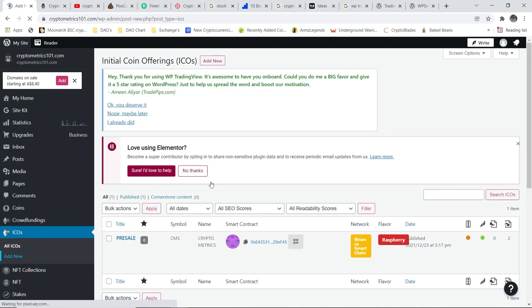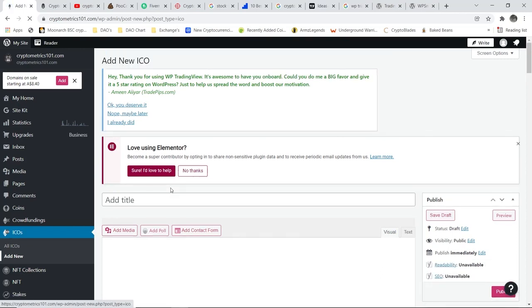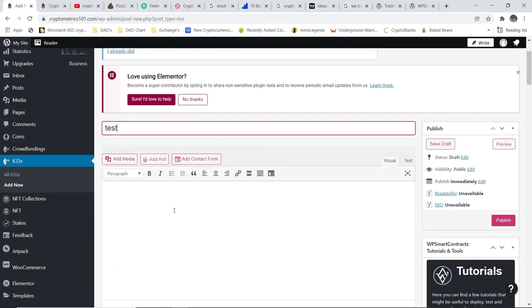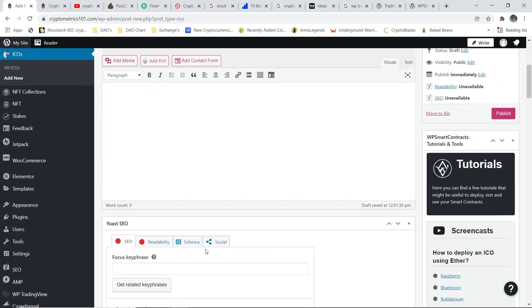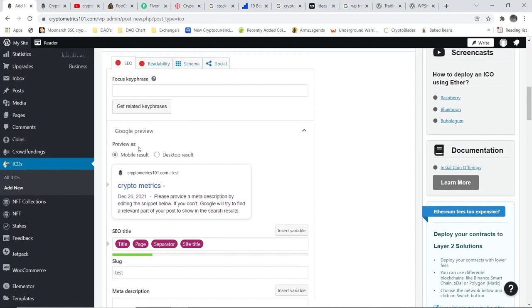We'll just walk through the steps. So add a new ICO, and it tells you the ICO name, test. So you just add your token name in there. Mine was Crypto Metrics. That's my token name. Add your detail about your token, all your SEO information, so your focus key phrase, and